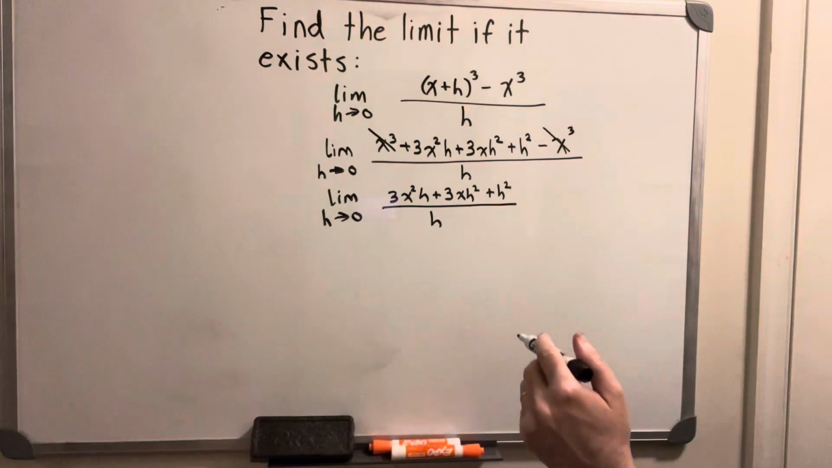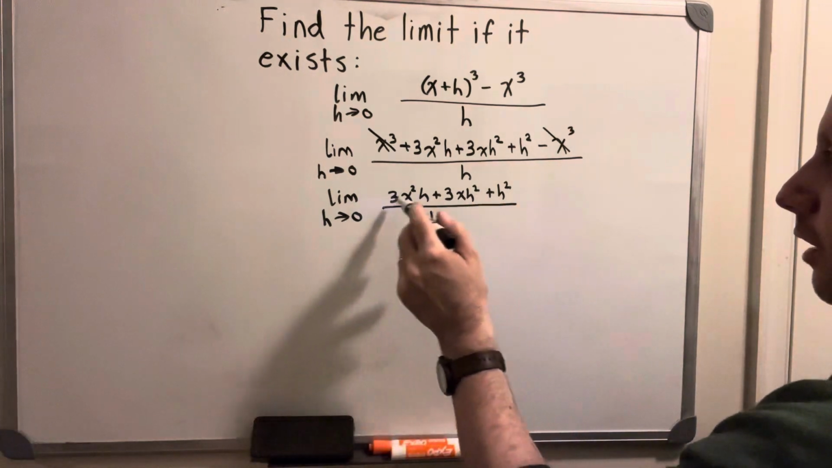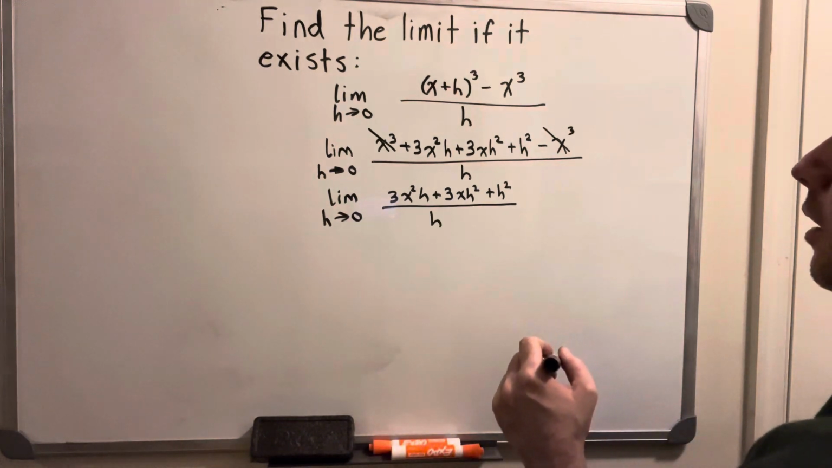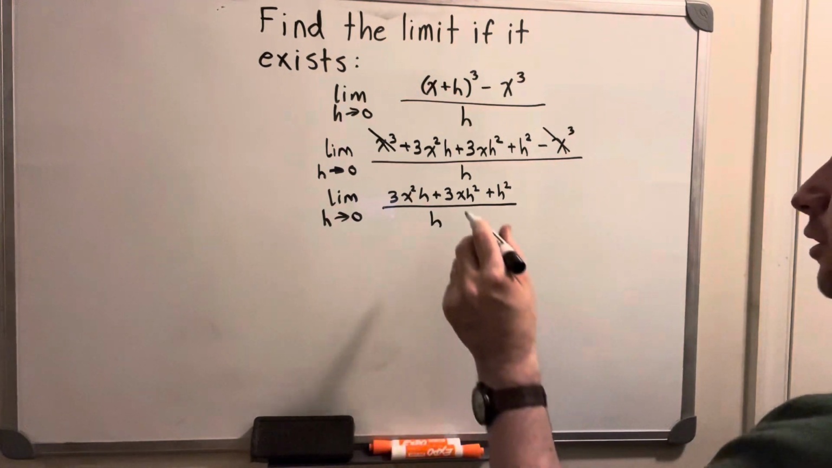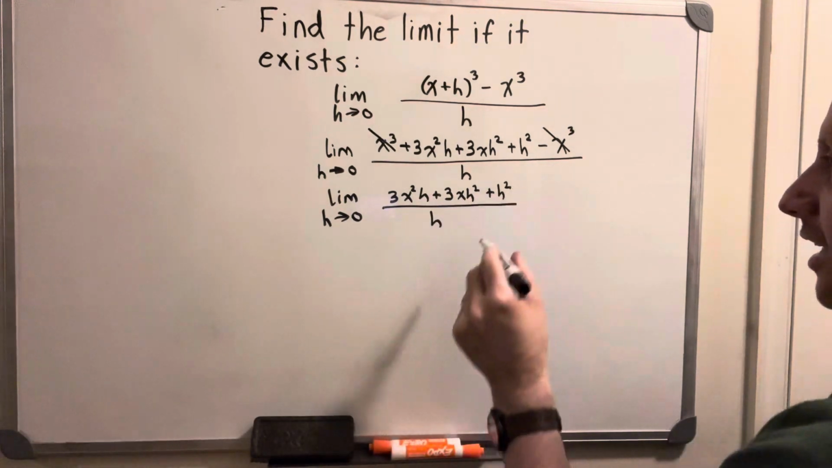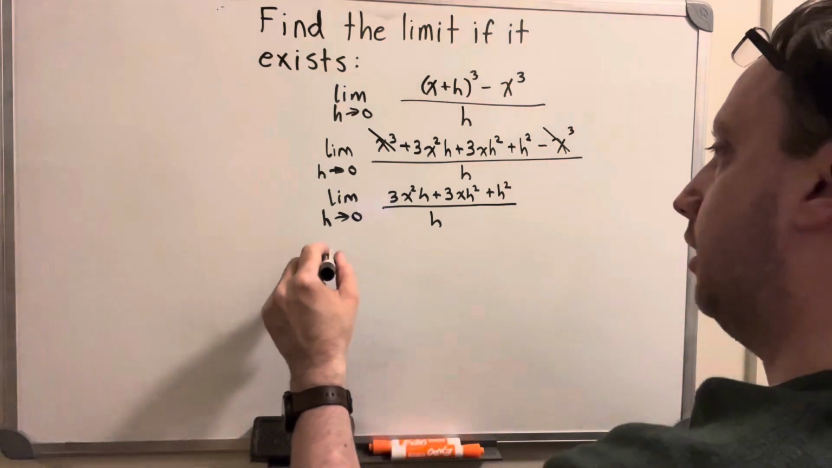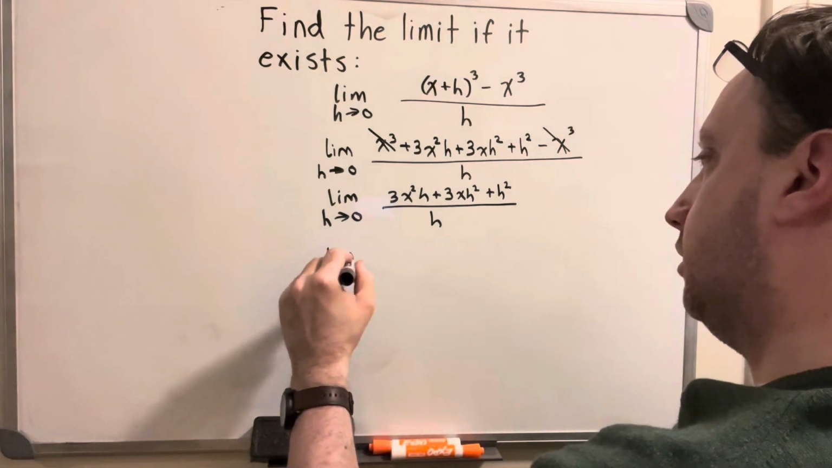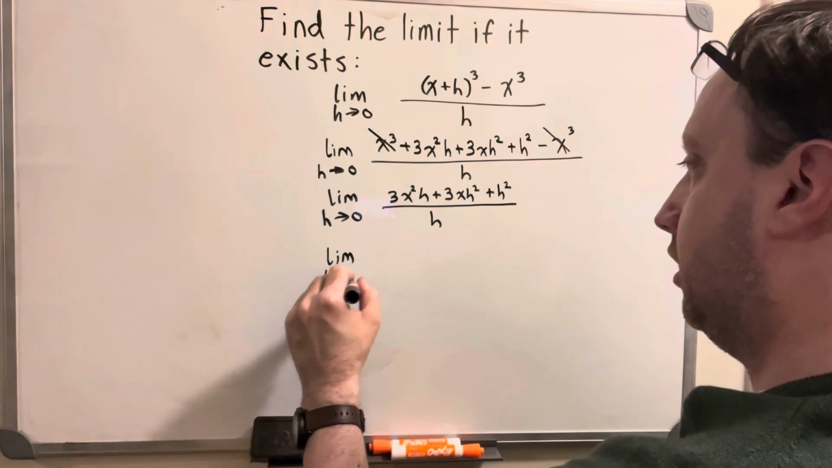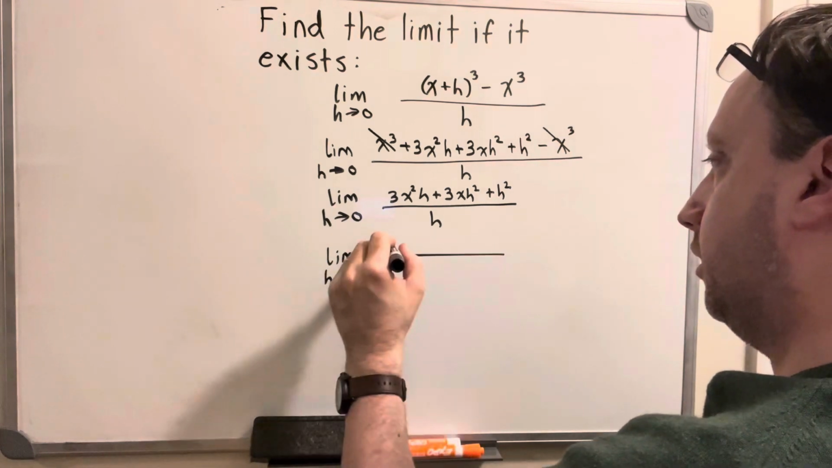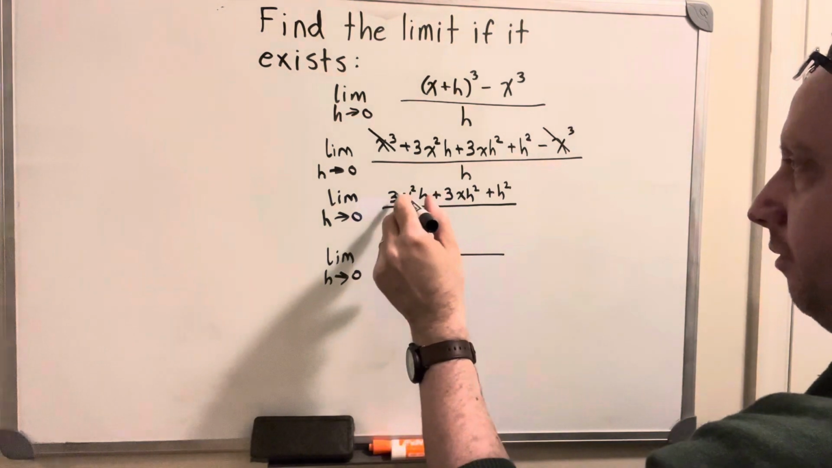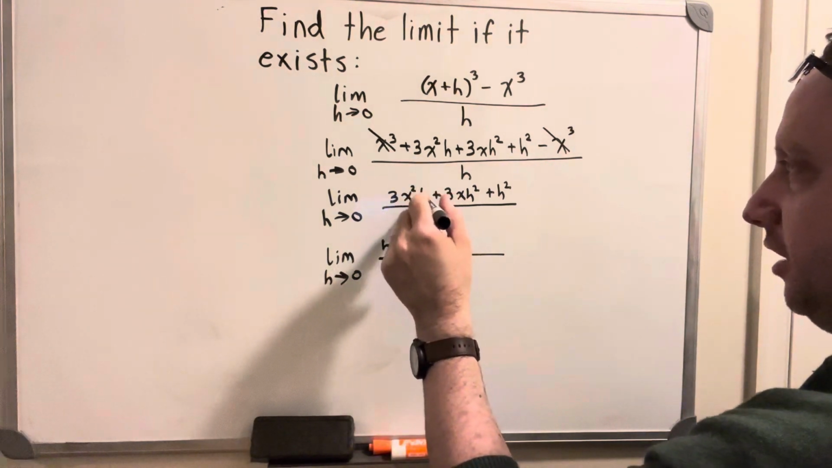Do you see what can be factored out of this numerator? You can factor out an h, right? Because each of these terms has an h in it. So I'm going to rewrite all of this as the limit as h approaches 0 of, now if I factor out an h from 3x squared h, that leaves 3x squared,